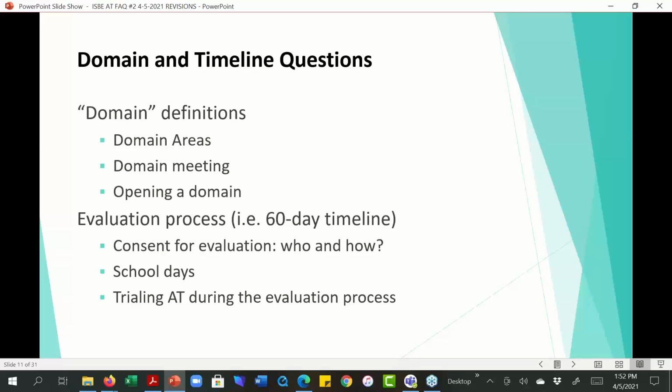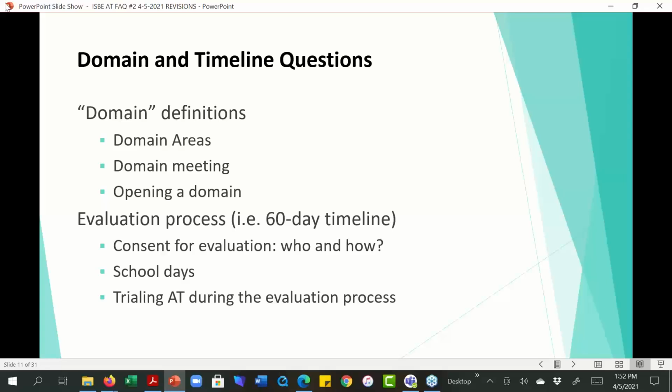There's some flexibility on that. Let's say you already had a domain last week, and oh boy, we're realizing we forgot to put the AT evaluation in there. Can we call the parent and have them give us consent for that additional evaluation? Yes, but that all needs to be documented in that domain paperwork. So if a parent is just writing a letter to say, I give consent for AT eval, go ahead and start it, the team would still have to go back and go through the typical channels and processes to make sure everything is documented.